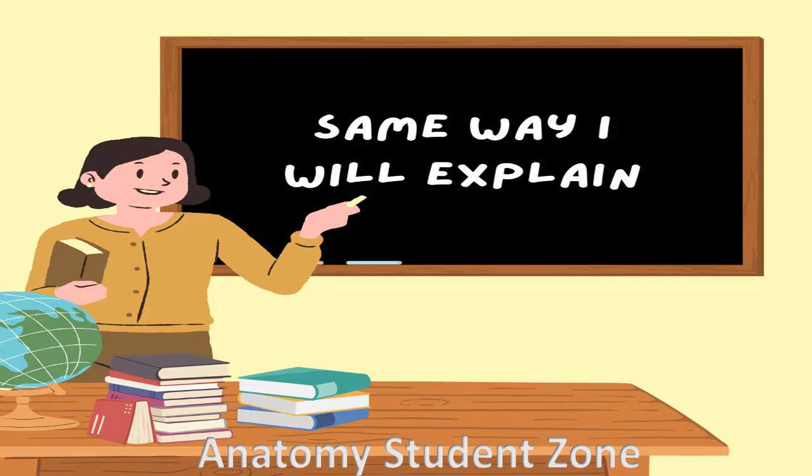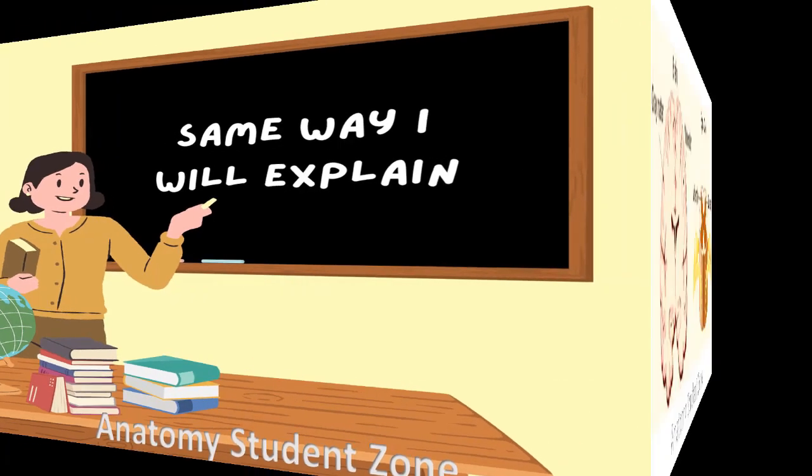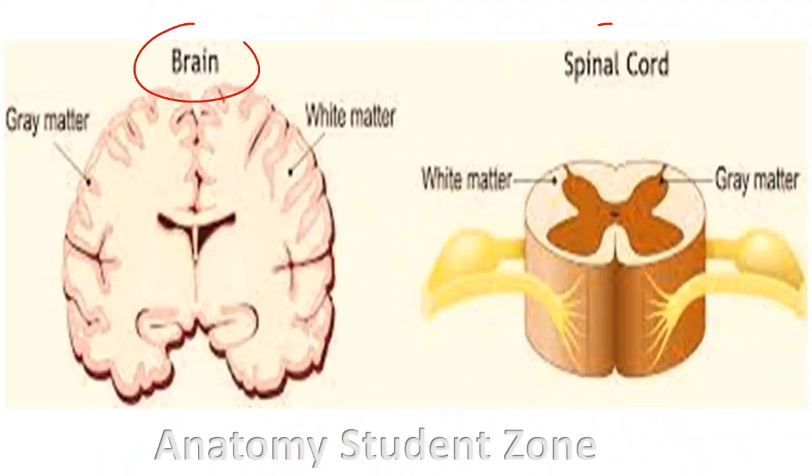In this regard, you should also know from where these regions start, and what their anatomical extent or anatomical features are. In general, if I talk about the interior of the central nervous system, the brain and the spinal cord are organized internally into gray matter and white matter.